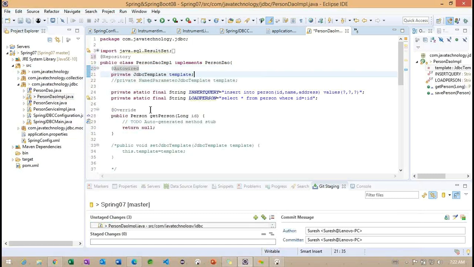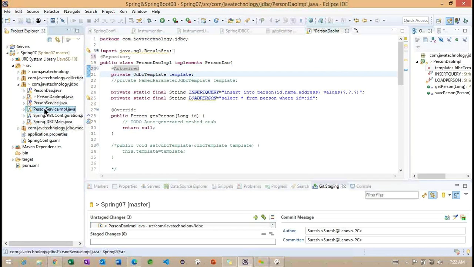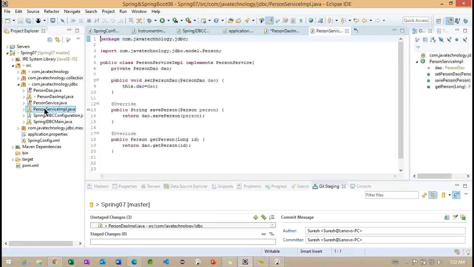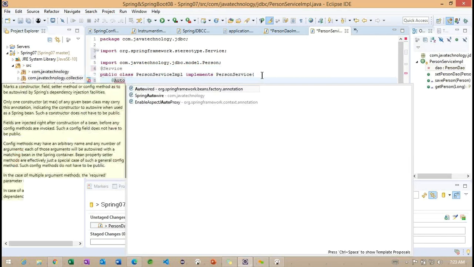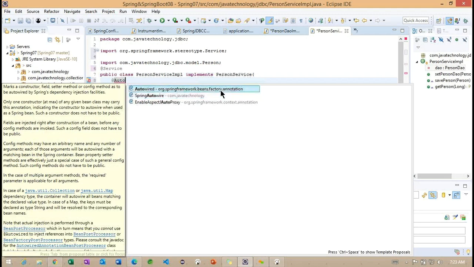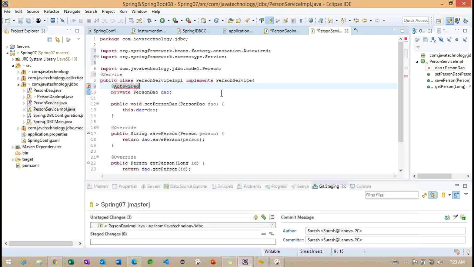So we created two classes, but now go back to here. Which annotation is used here? Service. Now observe again, depending on our DAO, we have to make it autowired.